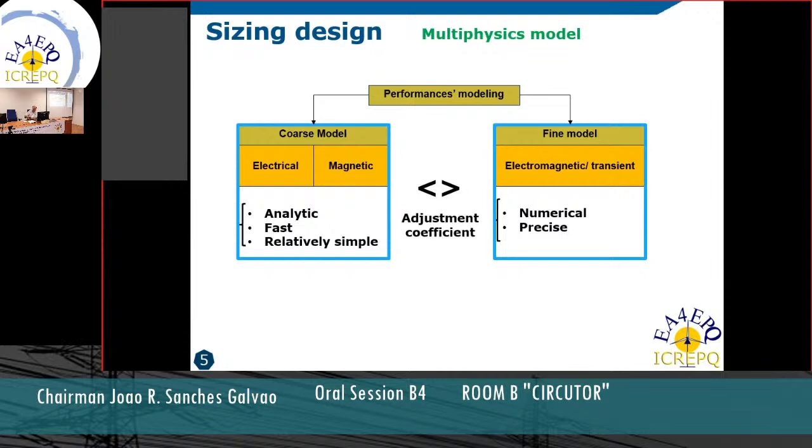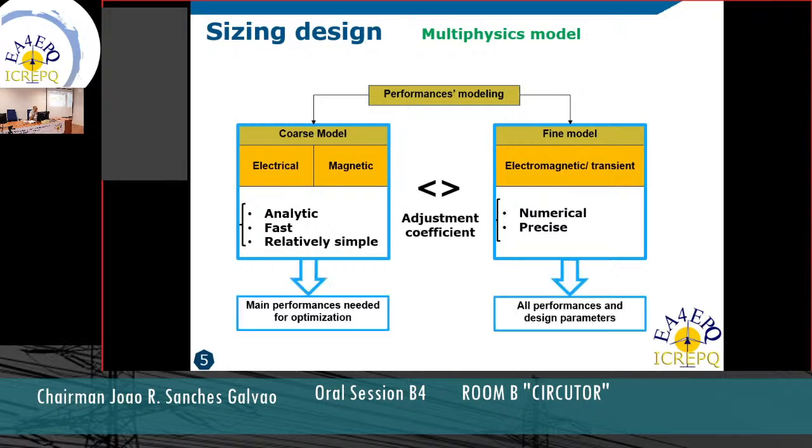Throughout our optimization procedure, we are comparing the results obtained thanks to the coarse model, which is less accurate, to the results obtained thanks to the precise model. Based on these differences in the performances of the obtained machines, we are calculating an adjustment coefficient. This coefficient will help us to reduce the inaccuracy between the 2 models and thus ensure that the final machines are really the optimal ones under this design specification and for this particular application. We get the main performances from the coarse model, and of course, from the fine model, which is the precise one, we get all the performances of the machine